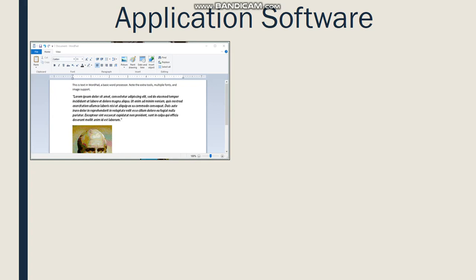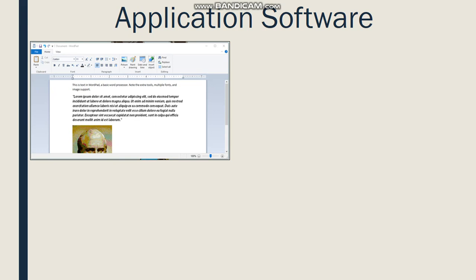So if we want to change the style or the size of some specific text, we can do it with this word processing software. You can easily add, delete, rearrange or beautify the text and provide a hard copy of that document as required. So you can change the text, you can add text into the file, you can delete it, you can rearrange the paragraphs which are written, and you can also take a hard copy of that document so that you can read it later on.